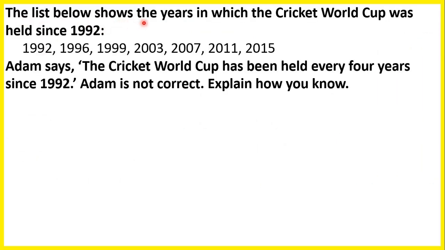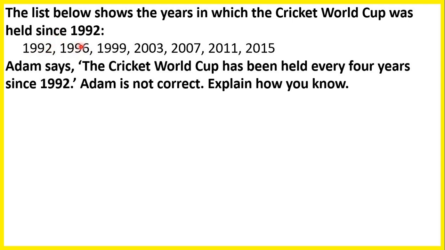The list below shows the years in which the Cricket World Cup was held since 1992. Adam says the Cricket World Cup has been held every 4 years since 1992. Adam is not correct. Explain how you know. So let's look at the years. First we have 1992 and then 1996. So that's 4 years later, because 1992 plus 4 is